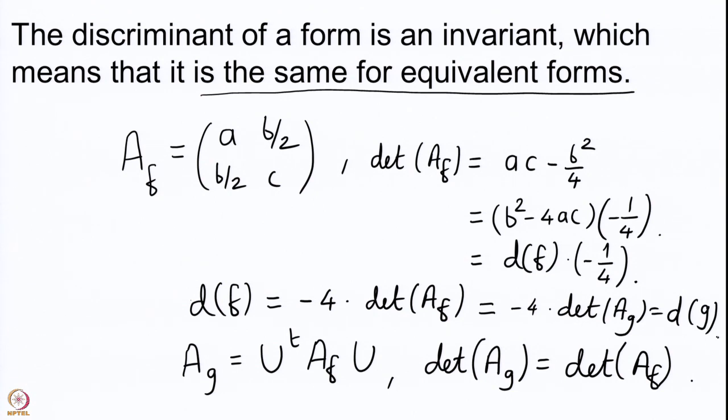So, we have answered all the questions that we had raised in the last lecture. We had asked whether every number which is 0 or 1 mod 4 is the discriminant of some form, and we gave an answer in the affirmative by explicitly writing down two very simple looking forms. We called them principal forms of those discriminants. Later we also asked whether the discriminant is an invariant, and we have proved just now that whenever f is equivalent to g, the discriminants remain the same.